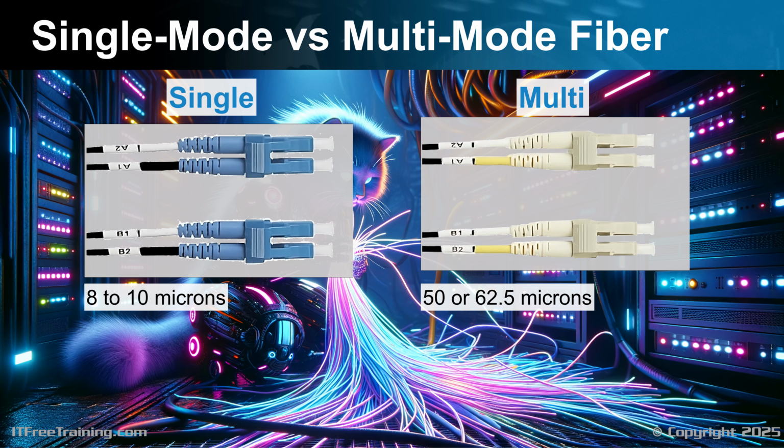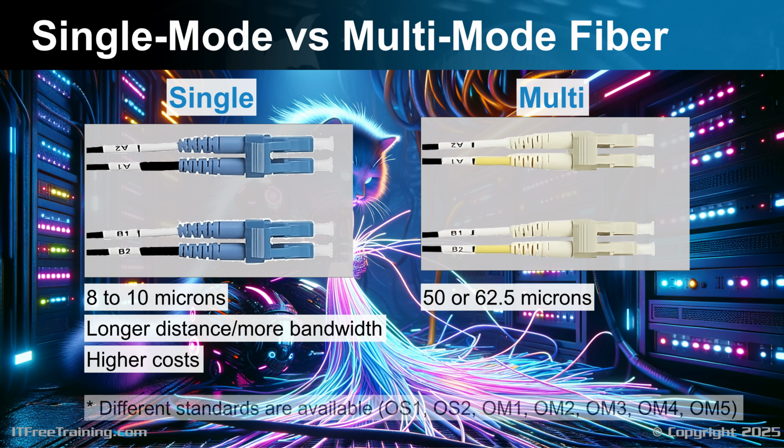Single-mode fiber is capable of transmitting data over longer distances and supporting higher bandwidths. Consequently, it is used by telecommunication companies for their long-haul lines. These lines can extend for miles using a single cable, with the distance and performance varying based on the cable's quality and the bandwidth utilized. However, the manufacturing of single-mode fiber with its thinner core is harder and thus comes at a higher cost.